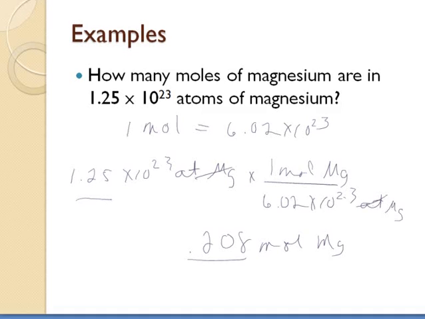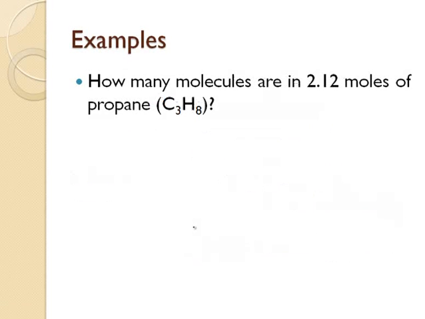1 more and then we're done. Alright, how many molecules are in 2.12 moles of propane? Okay, so I'm going to go from moles to molecules, so what I know is 1 mole is 6.02 times 10 to the 23rd anythings, right? In this case, we're going to use molecules. Alright, 2.12 moles of propane